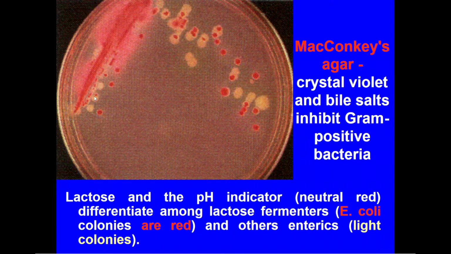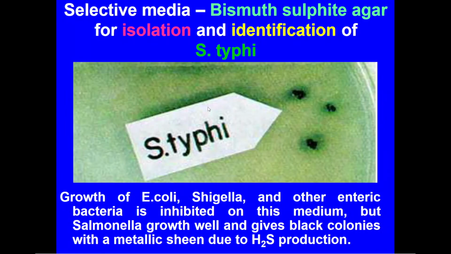So MacConkey that you've seen already contains crystal violet and bile salts that inhibit gram-positive bacteria. And you can see these are colonies of lactose fermenters like Escherichia coli, and these are colonies of non-lactose fermenters like Salmonella and Shigella. So then we may use bismuth sulfite agar for isolation mainly of Salmonella typhi because it